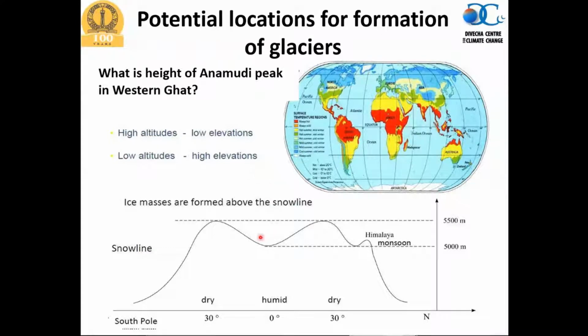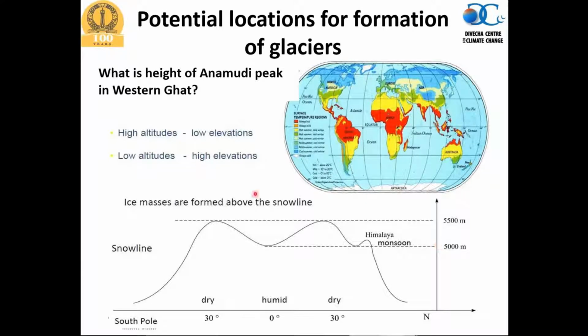If you look at the snow line, which is the permanent snow line, that means the line above which snow can remain throughout the year. You can see from the South Pole, which is at very low altitude, it goes up. Around 30 degrees north or 30 degrees south there is a dry region, so the snow line goes up, and in the humid equatorial region the snow line comes down somewhat, but you require a land which is above around 5,000 meters,